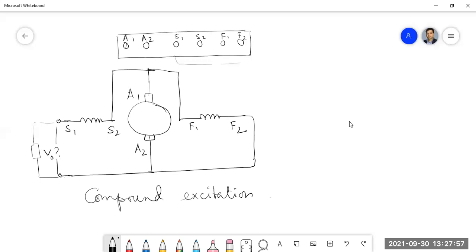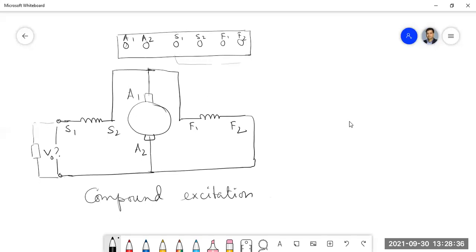The only thing I have to mention here is that the physical properties of series field coils are quite different from the properties of the shunt field coil. So they are completely different things. So the field coil or field winding which is designed for series cannot be connected in shunt or parallel. Okay, so that is the thing you have to remember here. Got my point?